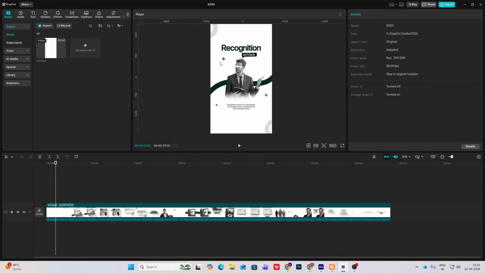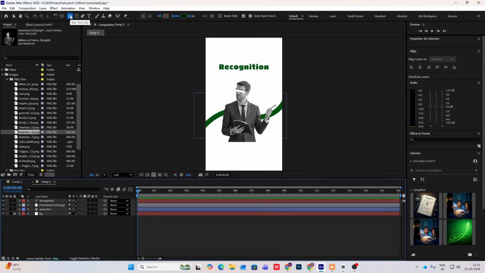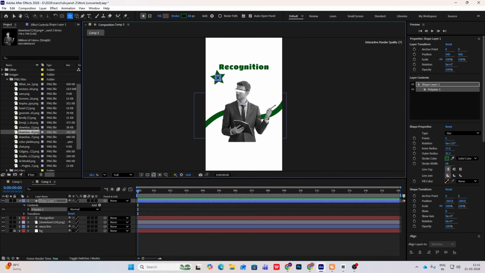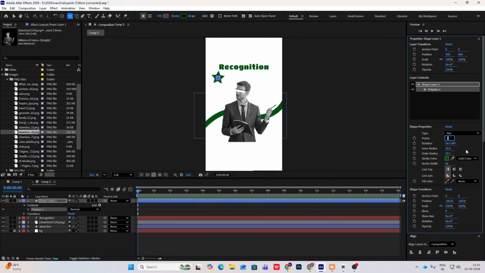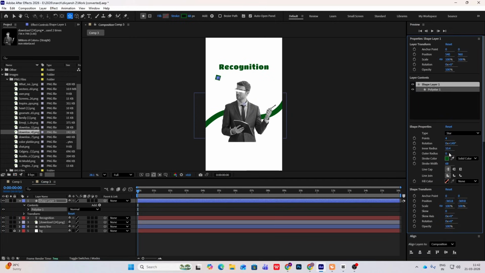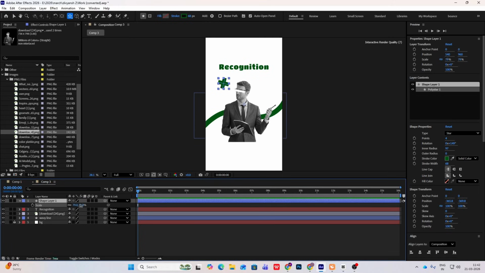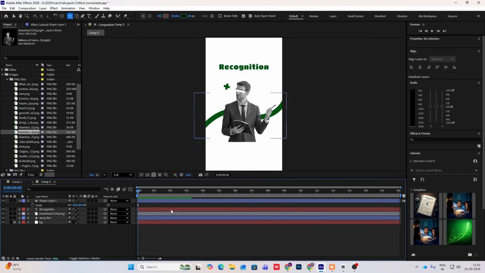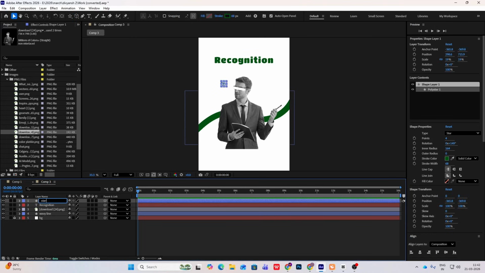But first I'll make these stars. Select the star tool and make a star over here. Change the points to 4 and play around with the outer and inner radius to make something like this. Then I have to simply hit S and make this smaller. Simply rename this to